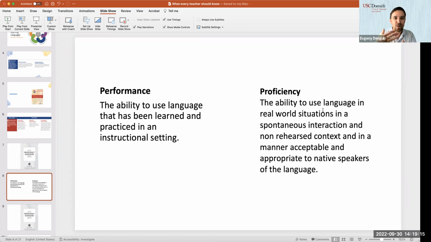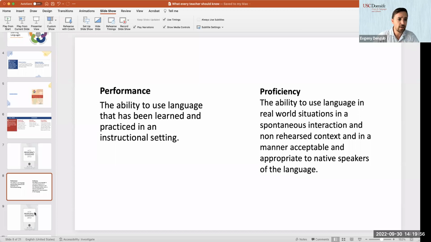But focusing just on the language structures won't get you to a high level of proficiency. So we should create opportunities in class for our students to use the language in real world situations and spontaneous interactions. It will be approximation, it will be sort of modeling, like a real world situation as close to spontaneous interaction as possible, but this should be done each class. This practice, this opportunity should be created each class.